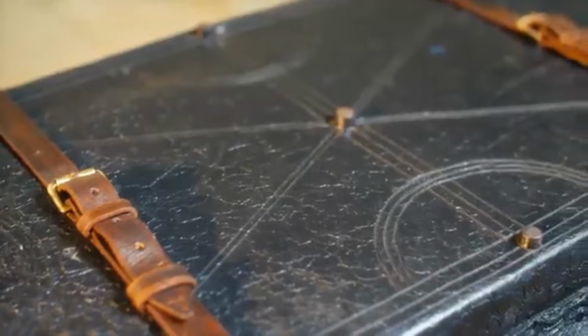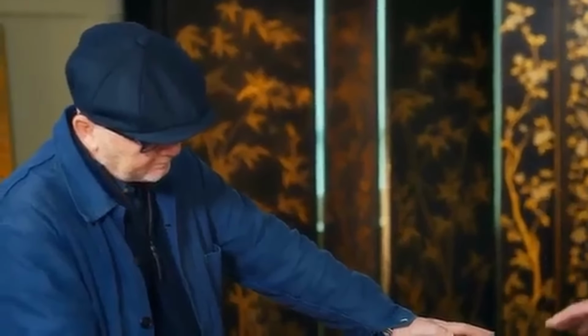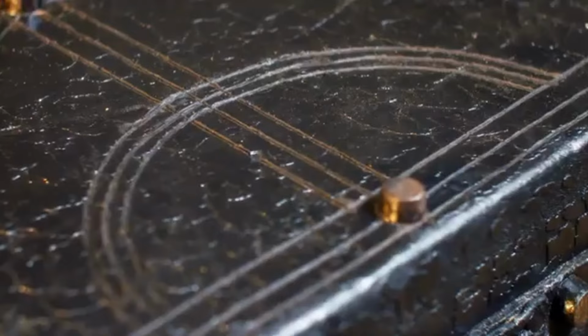Wow, beautiful. This surface on the top here is wonderful. I did an old trick, where you get a heating iron and you run it across the pitch, just to redefine all these different...